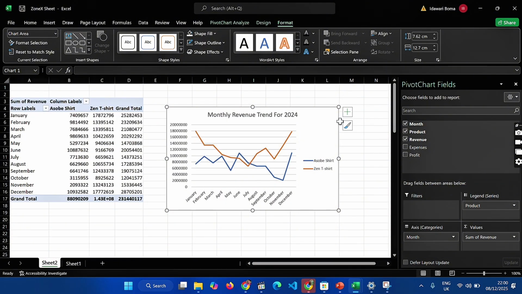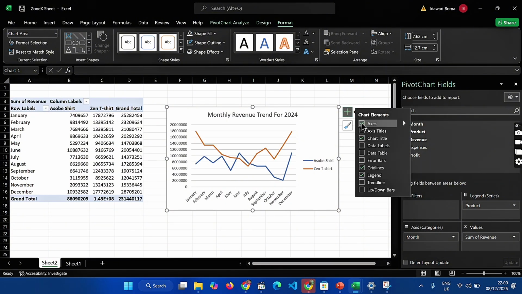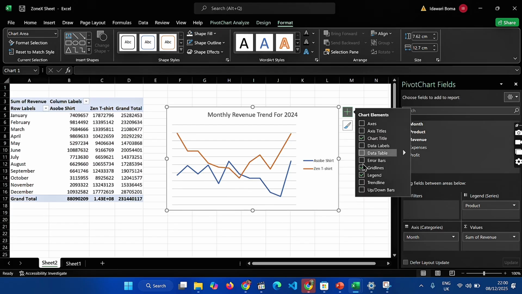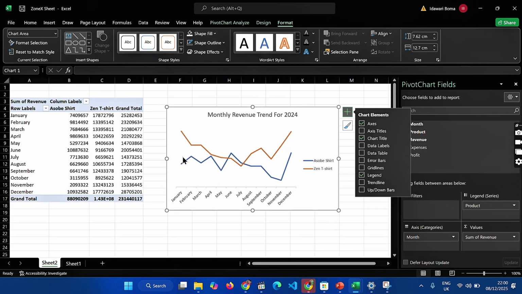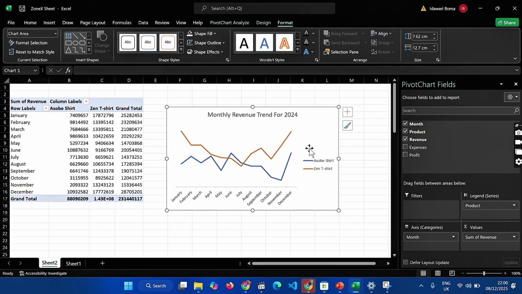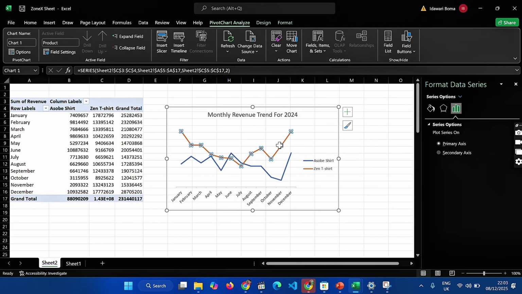And okay, I don't want axis. I don't want grid lines. Okay, I do want axis. I don't want this, I'm going to take it off. And now let's adjust this. Okay, so for this, I do not want any fill. No fill. So now for Zen t-shirt, let's make this